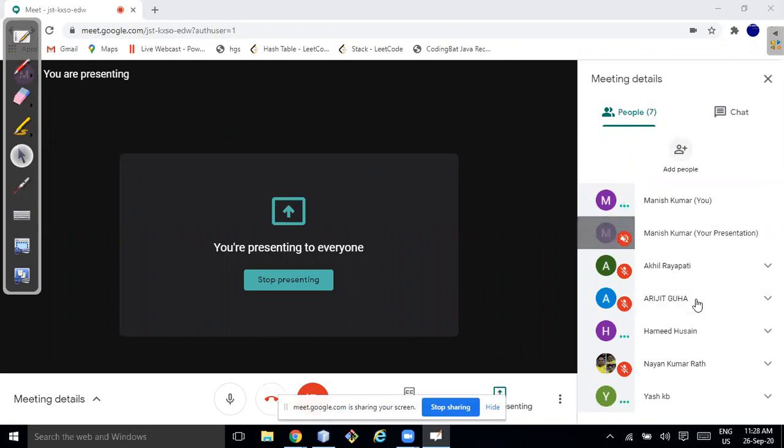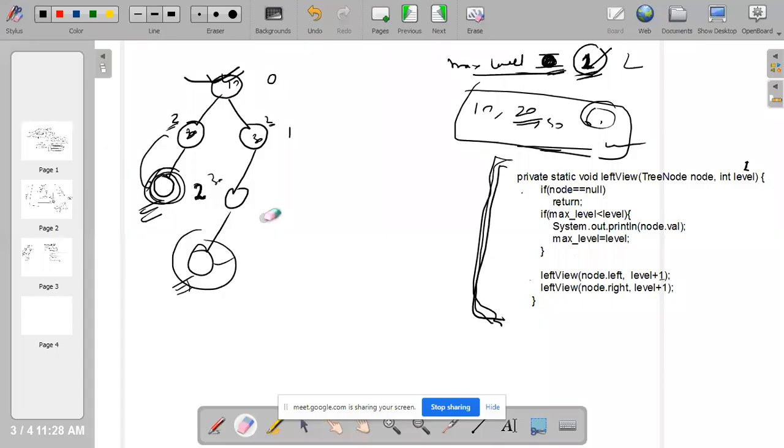It is clear. So one question. Yeah, go ahead. When we're printing node dot left, level + 1, for the left view, basically it will execute the left side and will not execute the node dot right, because the condition will not be met.